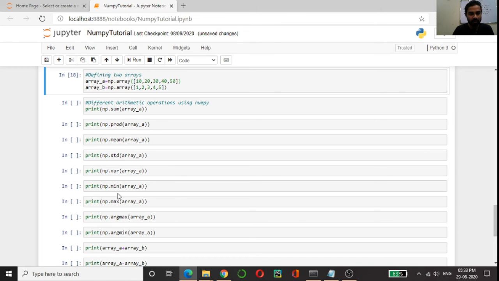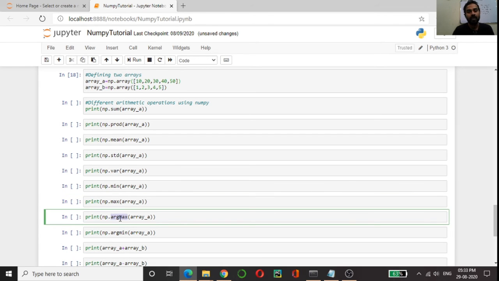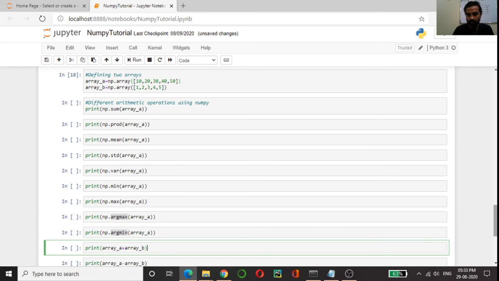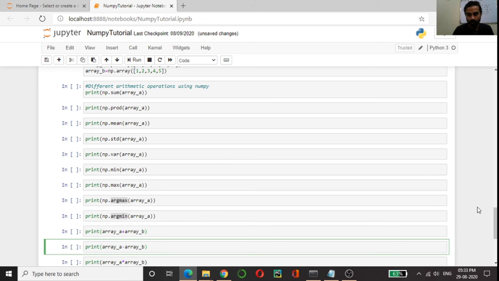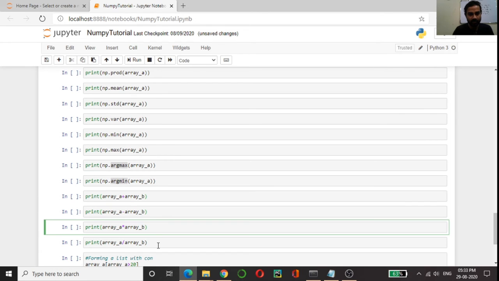minimum value, maximum value, the index of the maximum value, the index of the minimum value, the summation of two arrays, the subtraction of two arrays, multiplication of two arrays, and then division of two arrays.